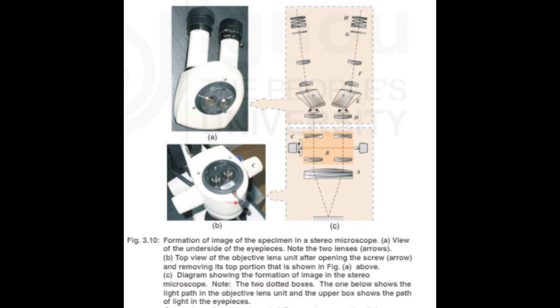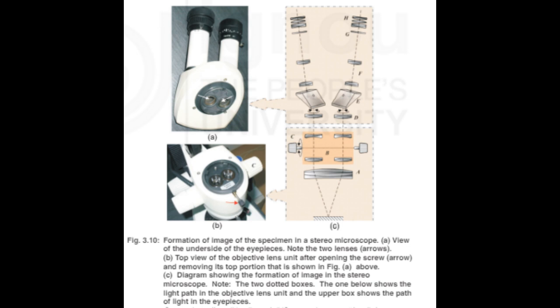3.2.2 Operation. The stereo microscope is also described as two low magnification compound microscopes mounted side by side. The two parallel light paths form separate images of the specimen on the retina of each eye of the observer. See Fig. 3.10. Because of the light collecting lenses being spatially separated,